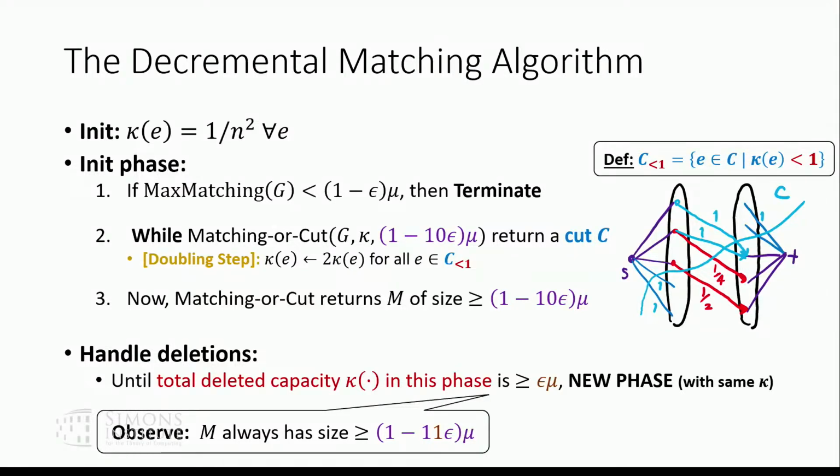Can you just say how you should update mu? I mean, you never update. So mu is sort of given to you, and you're told you have to either find a matching of size approximately mu or certify that none exists, and then you terminate. Right. So basically, in this step, if the maximum matching is less than mu, you just terminate. But presumably in the new phase, mu gets updated. No, this is all just for one value of mu.